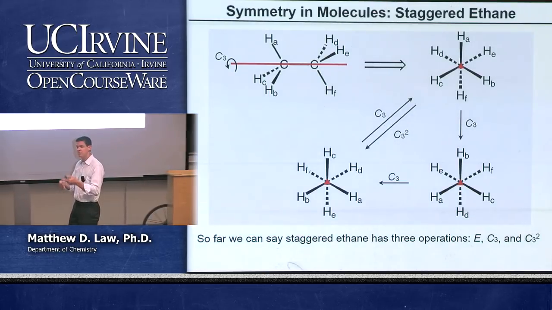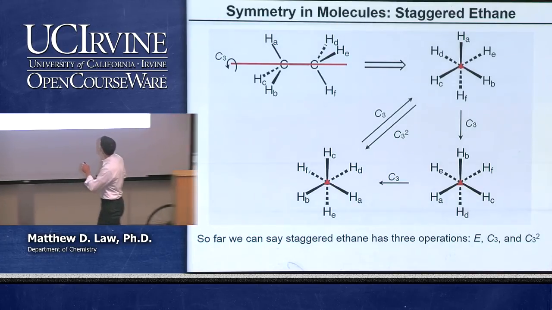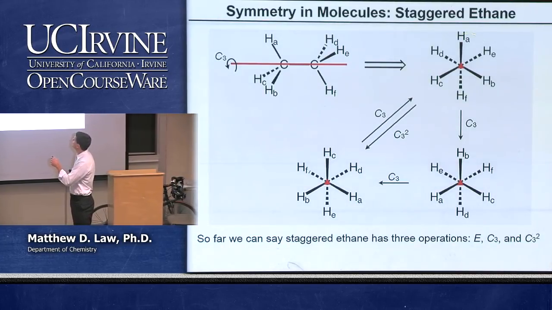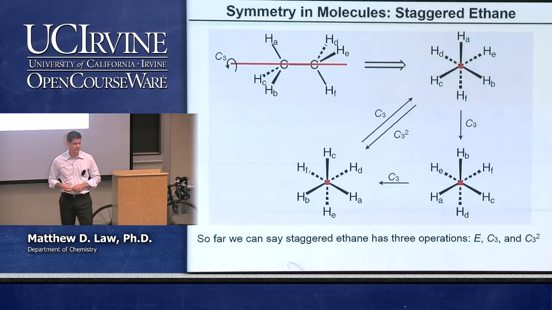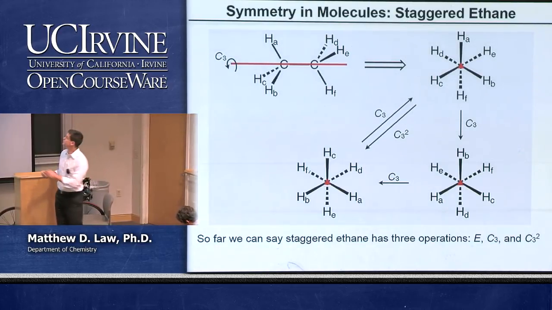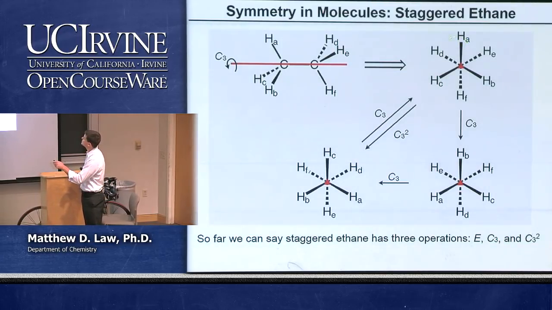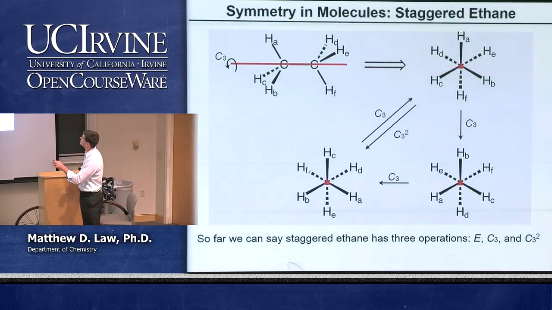If we rotate by 120 degrees in a counterclockwise sense, then we generate an equivalent configuration of that molecule, where we can't really tell that it's been changed at all. All we've done is cycle the labels of the hydrogens. So HA is going to go to HC, HB is going to go to HA when we perform the C3 operation. And after we perform the C3 operation, we have an equivalent configuration that looks like this. Okay?